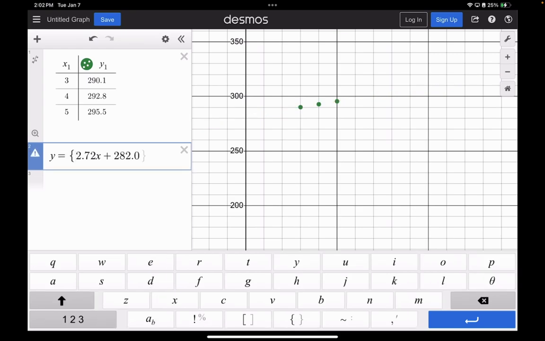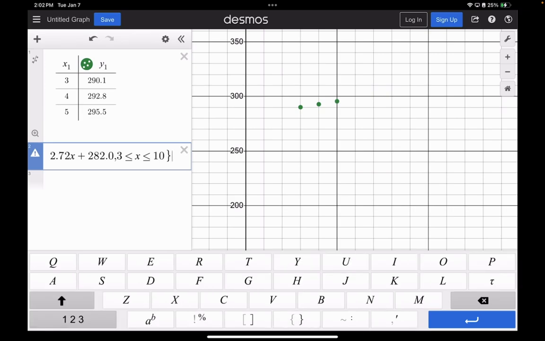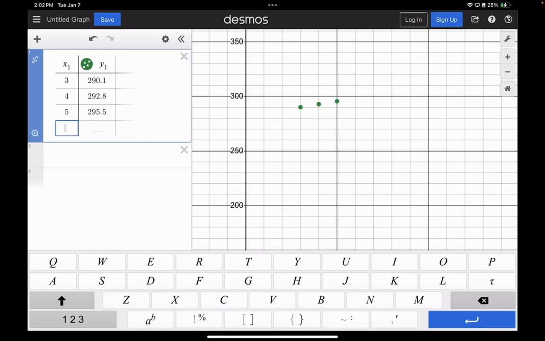And then there's a way in Desmos to specify limits, I'm not sure. Maybe it's a comma, 3 is less than or equal to x is less than or equal to 10. No, that didn't do it. I don't remember off the top of my head. Sorry. But I don't really care about that part. If you're putting the line of best fit in, you don't really have to have the 3 is less than or equal to t is less than or equal to 10. That's for comparison. So good job on that.